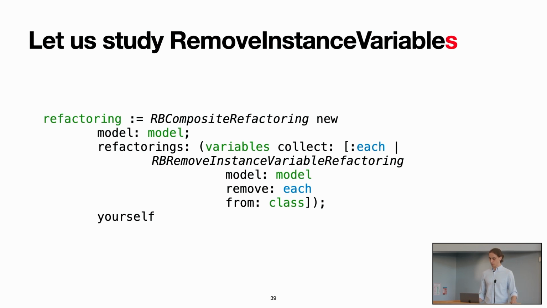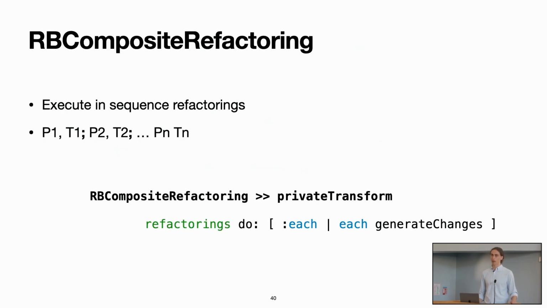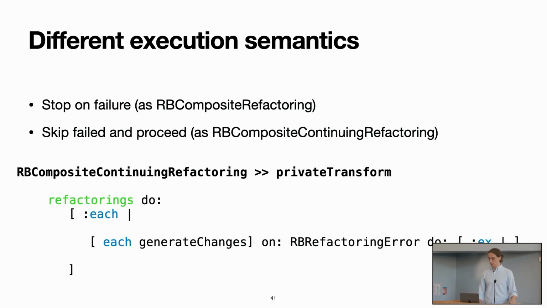And for execution logic, that's the interesting part right now. We're trying to figure out what's the best way to do it. Should we check all the preconditions up front? Or, as in this example of a composite, which is the default implementation, check preconditions, transform, precondition, transform, and so on. And another interesting one is